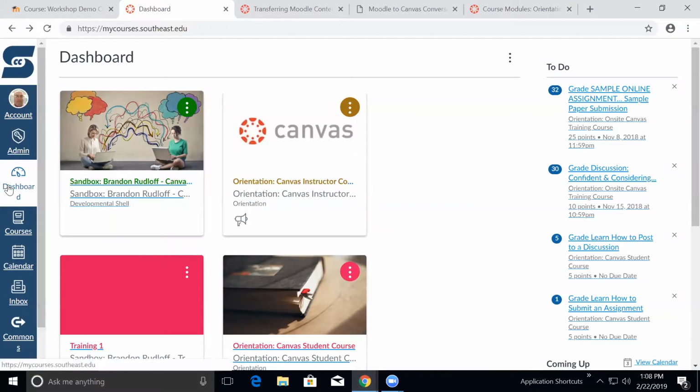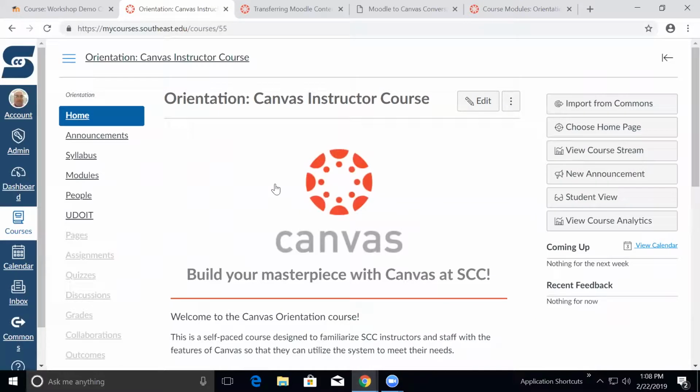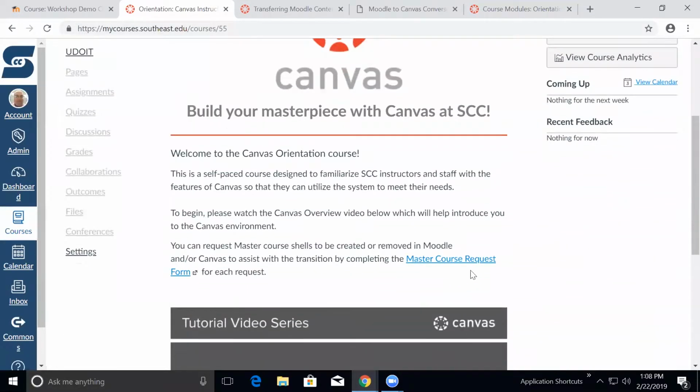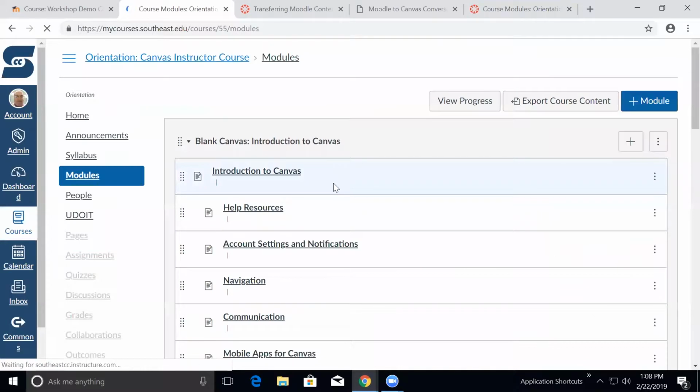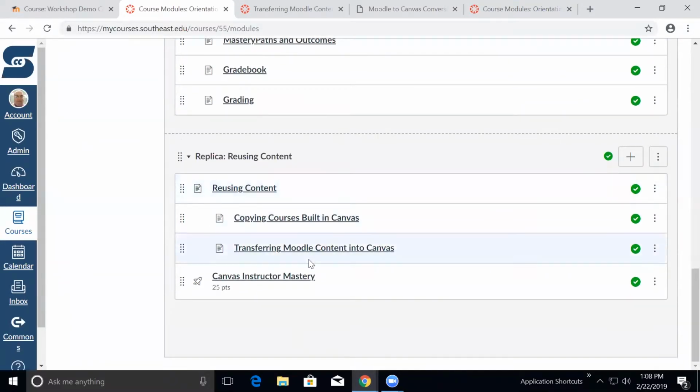So once you're in, you go to your dashboard. And then you'll have an orientation Canvas instructor course. You click on this. Within the home page, you have a link to request master courses if you need them and haven't done so. In the modules, at the very bottom, there'll be resources on how to transfer from Moodle to Canvas. Once you click on that link,